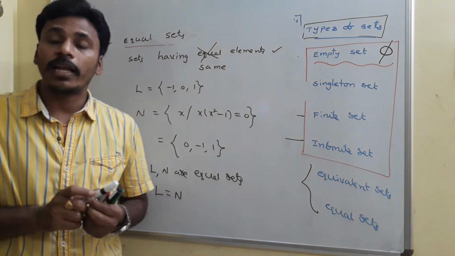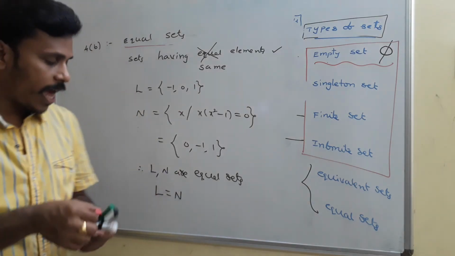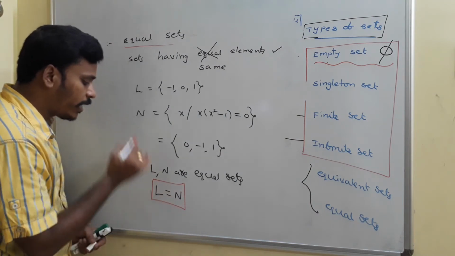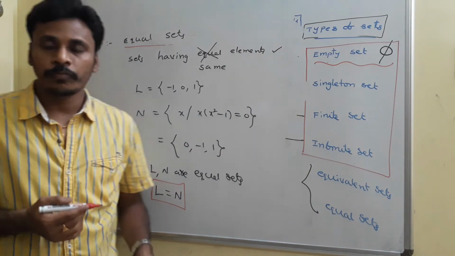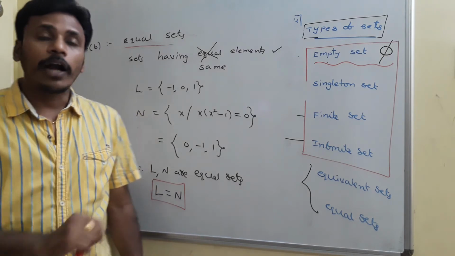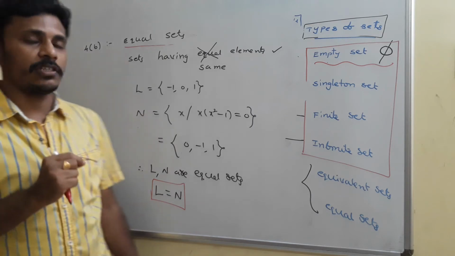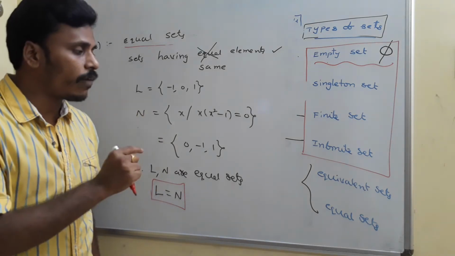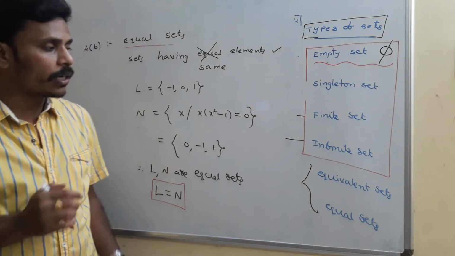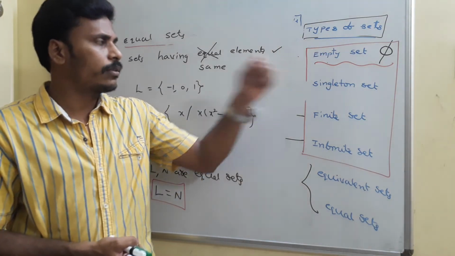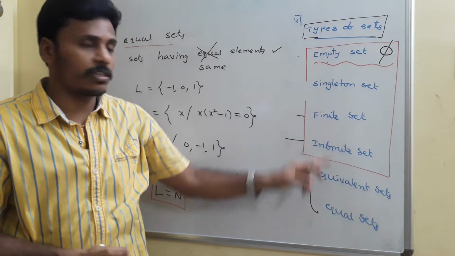Whereas for the equivalent sets, we need to use a two-sided arrow, but coming to the equal sets, it is enough if you use an equality sign between those two. Is it clear? And one more thing: you need to make some observations. You need to observe something from the equivalent sets and equal sets. What can you observe? Not only from these two, you need to observe from the above discussions also.